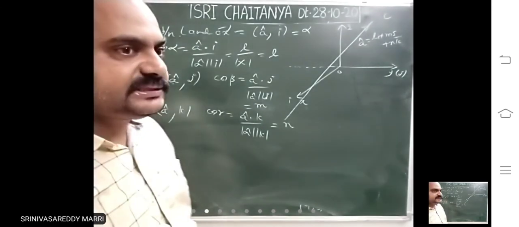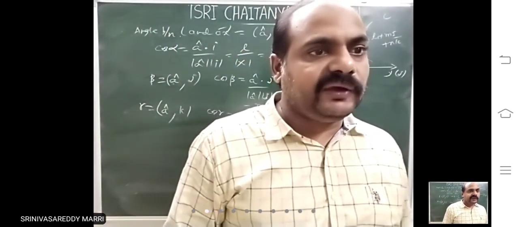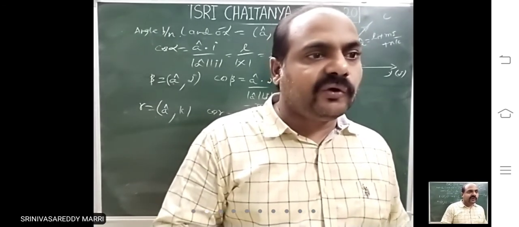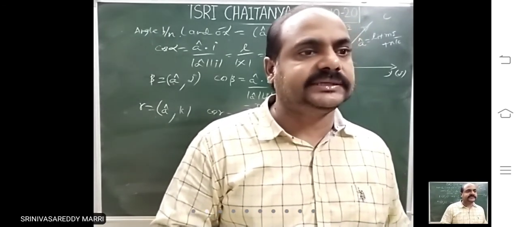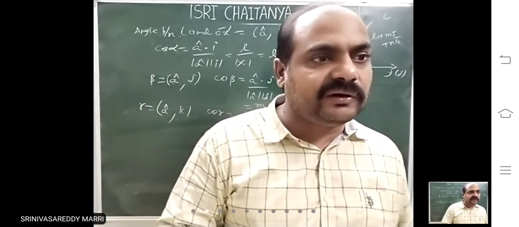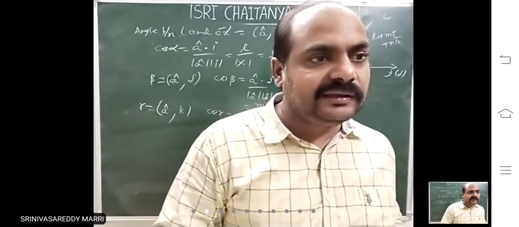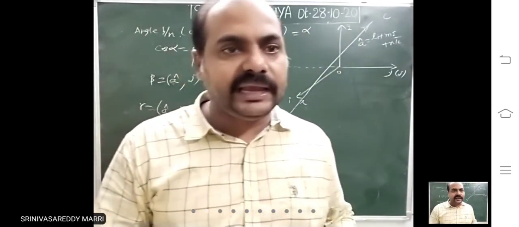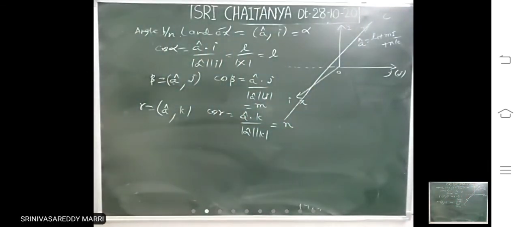That means simple. This is a very important formula. If a line L is there, it makes an angle alpha with OX bar, positive direction. How to calculate that angle? Find DCs. Cos alpha equal to L, then you will get alpha. Cos beta equal to M, then you will get beta. Cos gamma equal to N, then you will get gamma. This is the one. Right?